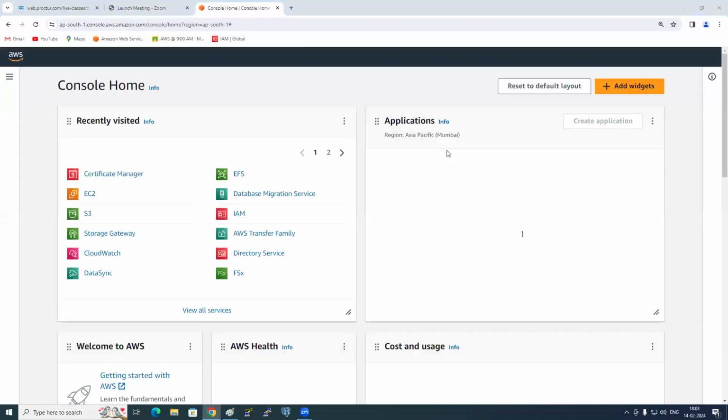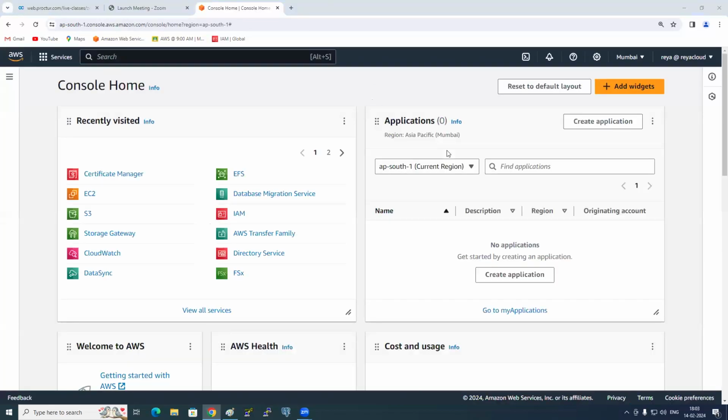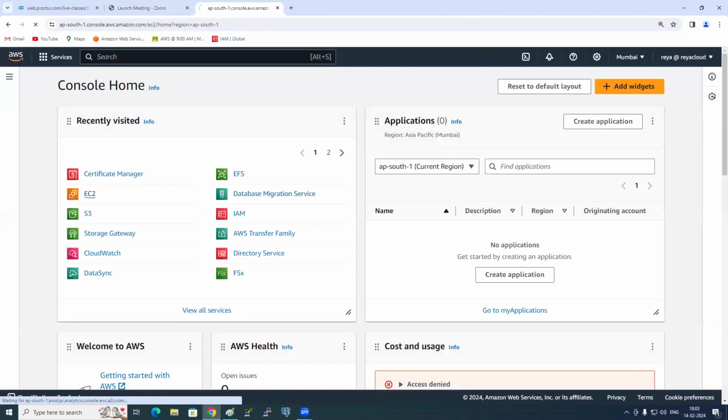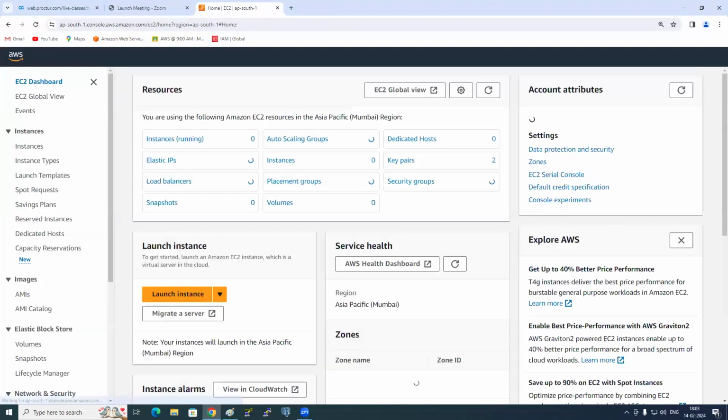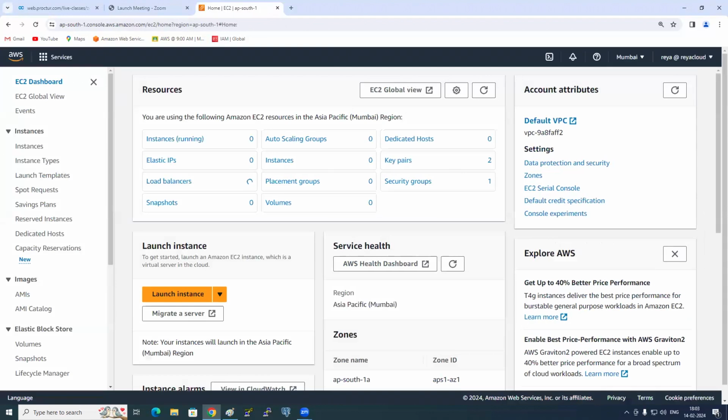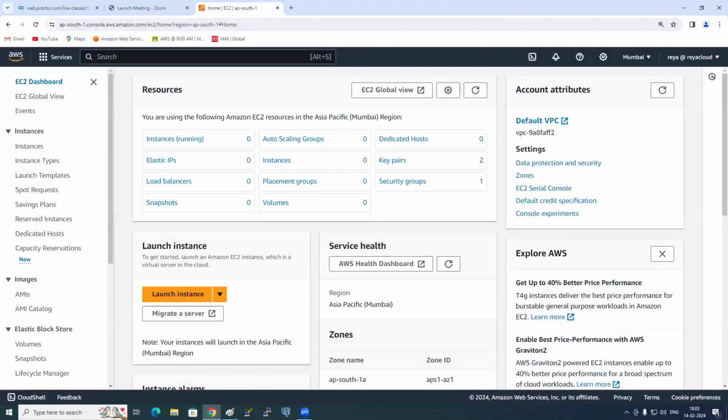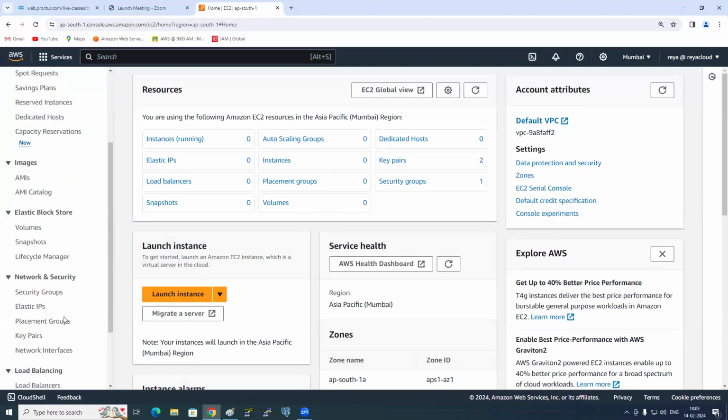Okay, what are the steps now? What is the first thing that we should create? We need to create a target group. Once we create it, that's an empty target group, so we need to register an empty target group. After that, we'll create a load balancer. After that, we'll create a launch template. After that, the auto scaling group. Okay, so let's go ahead.